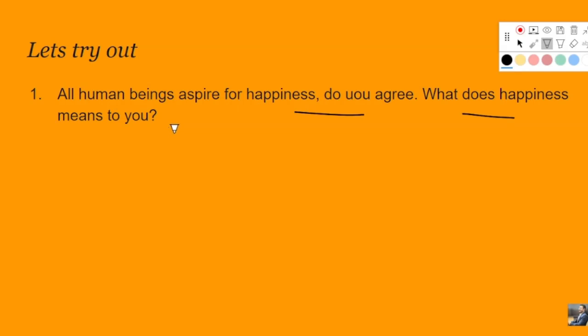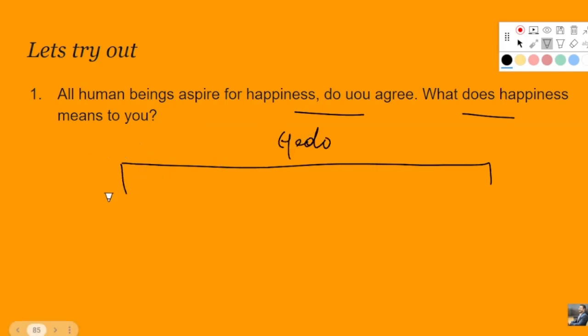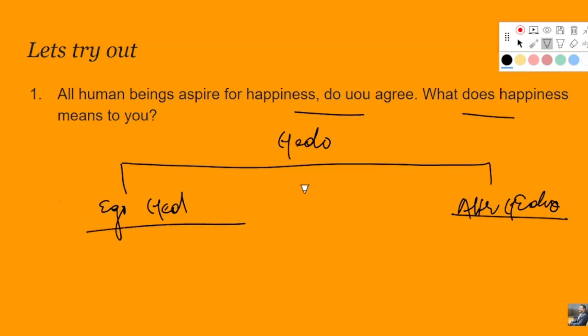right? So here the paper setter wants to see your perspective, whether your notion of happiness is limited or it is something universal or eternal, right? So here again you can talk about the concept of, as I've already discussed, hedonism, right? As hedonism is of two types, that is egoistic hedonism and altruistic hedonism, right? Altruistic hedonism, right? So here you have to take a practical notion by saying that yes, even the personal